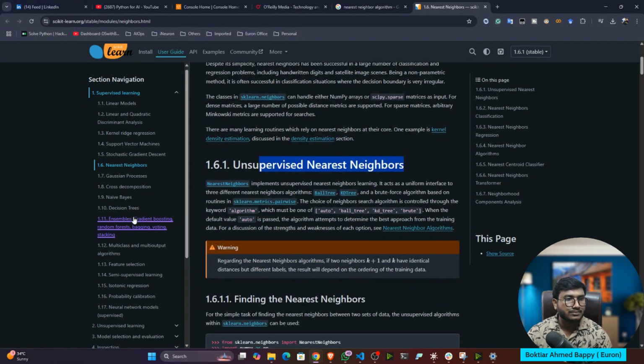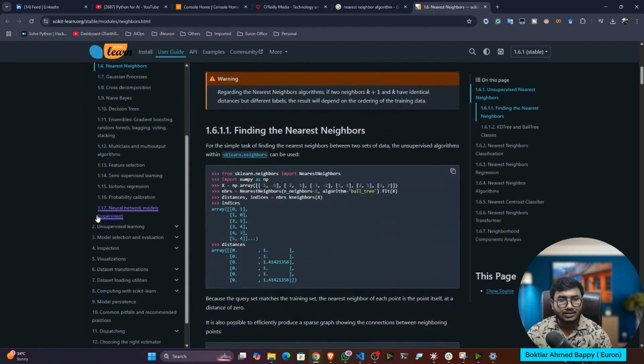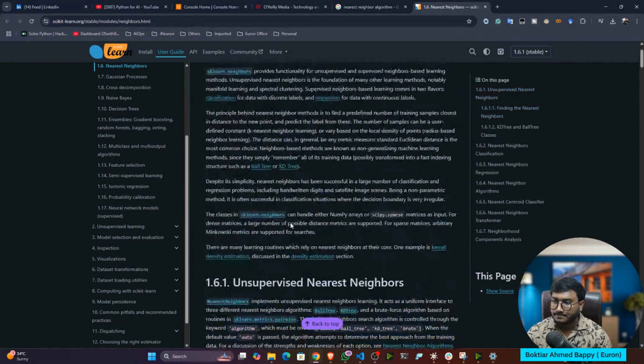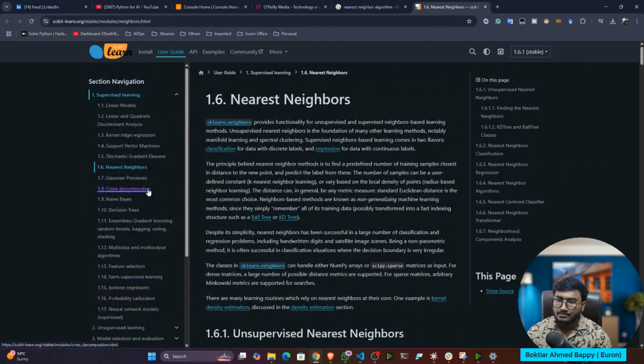Unsupervised nearest neighbor. Got it? And it is available in the sklearn library. You can also use DBSCAN, or k-means clustering. You can replace anything, it's up to you. Now I think you got to know nearest neighbor is also an ML algorithm.